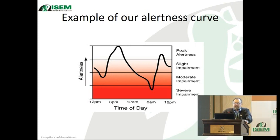This is a great study. They actually hired people to fall asleep. I should have signed up for it. I like sleeping, right? And they timed how long it would take for someone to fall asleep at different times of the day. And this was done with hundreds of people. So this is actually called a multiple sleep latency test. So within this scale, we can see there's a dip in alertness in the afternoon, and then we have a dip in alertness in the wee hours of the morning. And when you start looking